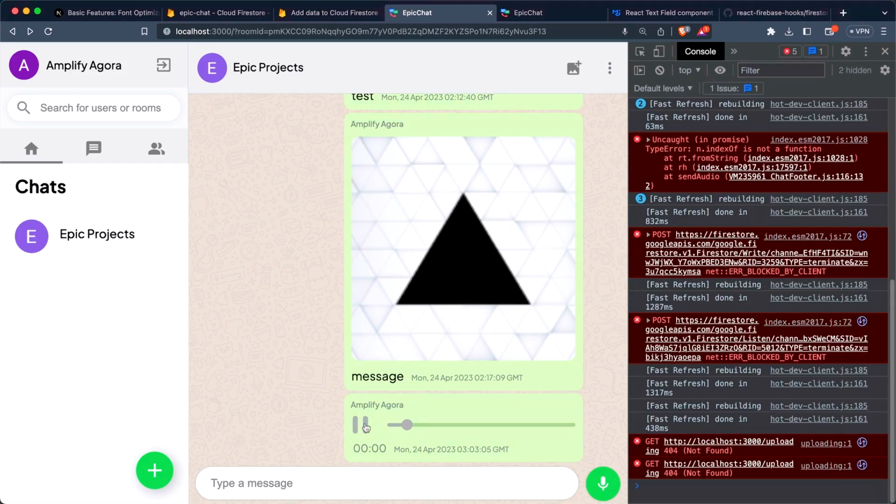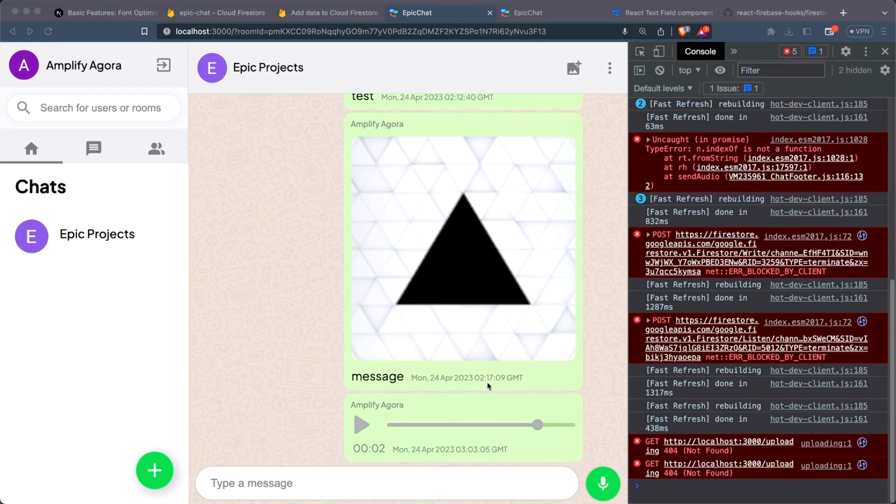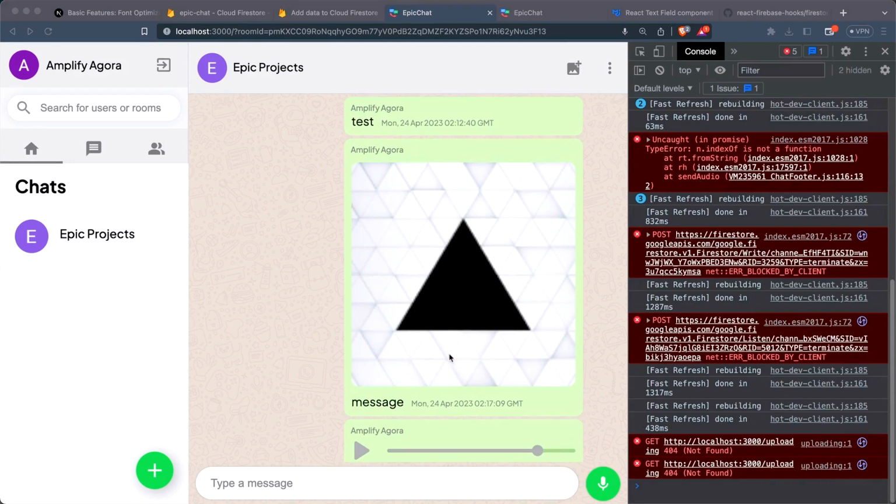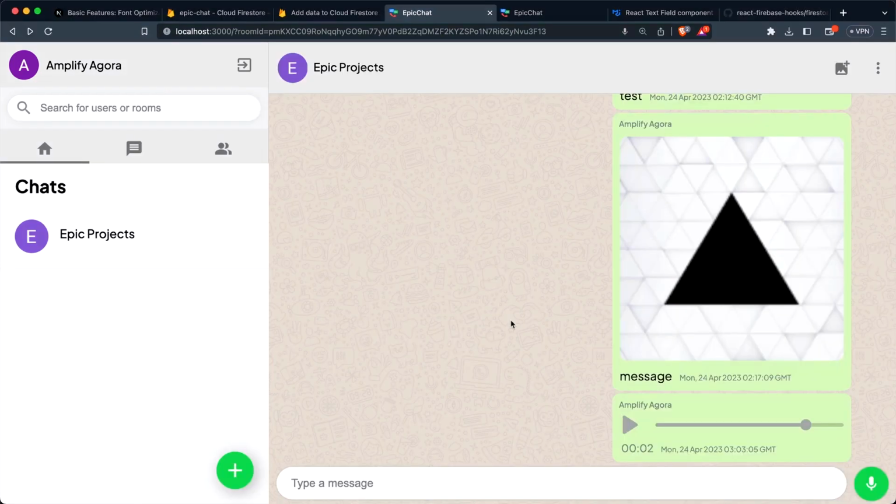And we can go ahead and play our audio here. We can go to a different part of it. You can't hear the audio that I'm listening to, but it is recorded correctly. Feel free to confirm this on your own. But with that, we now have audio messages that our user can play along with the text and image messages that we've already sent. The last major feature to finish before we consider our chat app complete is the ability